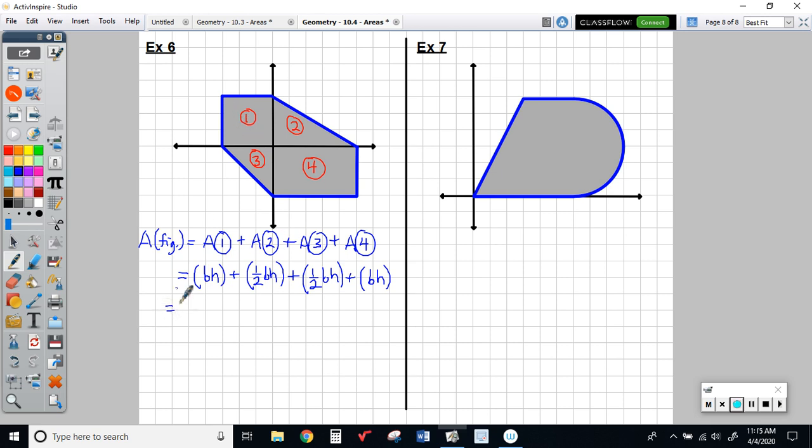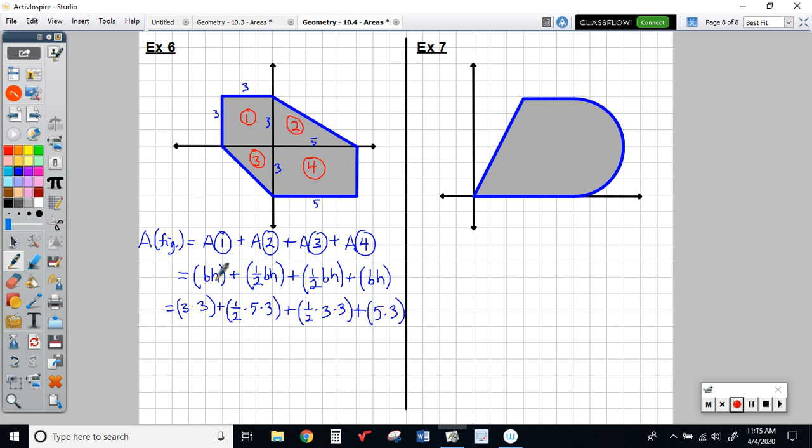So on this one, we've got 3 times 3. For shape 2, this is 3 here, this is 3 here. It looks like this would be 3, and if we count 1, 2, 3, 4, 5 right there, this is going to be 3 down here and also 5 down there. So for shape 2, we've got 1/2 times 5 times 3 for 1/2 base times height. For shape 3, 1/2 times 3 times 3 for the base and height, and then plus shape 4,